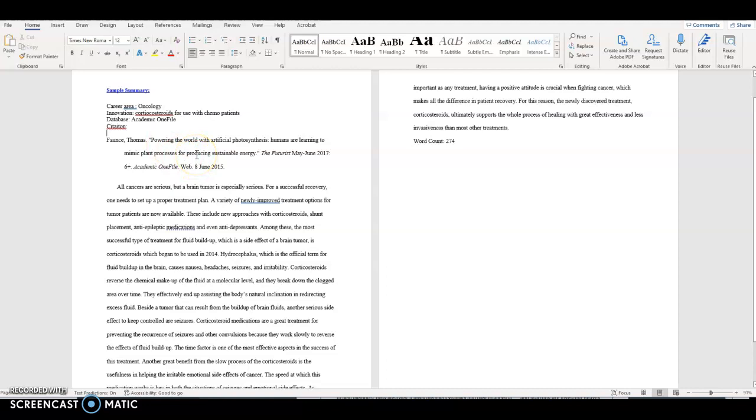This all was done for the student in the databases at the library, so you can get the citation completely done. But you will need to do some formatting on it once you paste it here. So copy it and paste it, but then look and make sure everything else is in place. The Futurist is in italics because that is the name of the magazine or the publication itself. And then Academic OneFile is also in italics because that's the name of the database